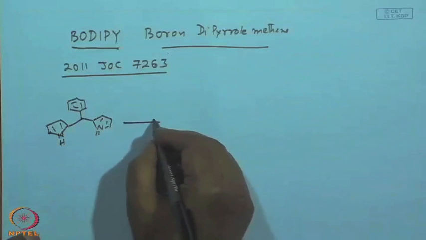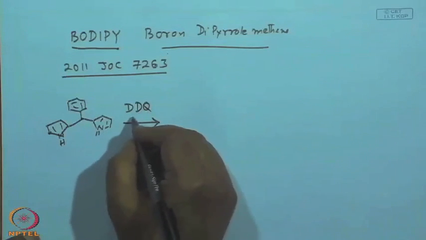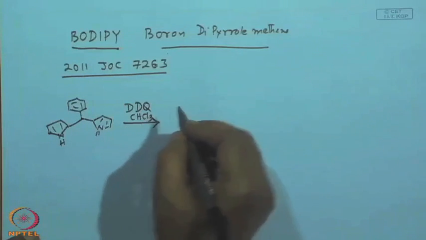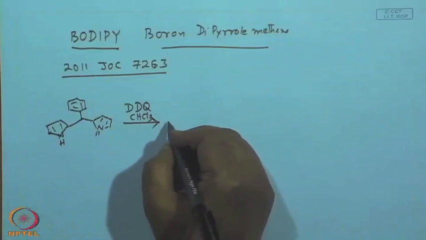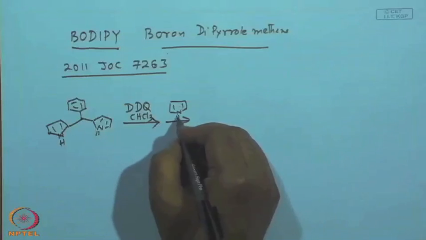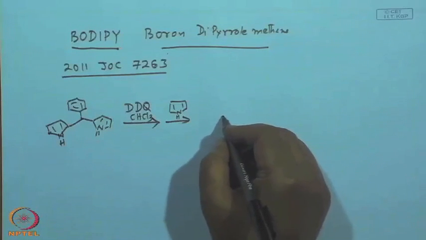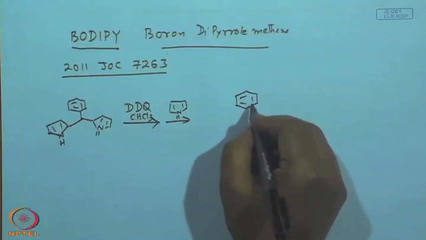I will leave you to work out the mechanism by yourself, or you can look at the literature. DDQ, all of us know DDQ, dichlorodicyanoquinone, is an oxidizing agent. Then they put in extra pyrrole. Eventually, what they got is a compound very similar to this,